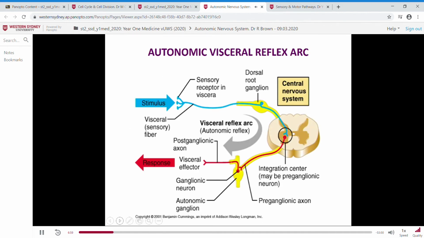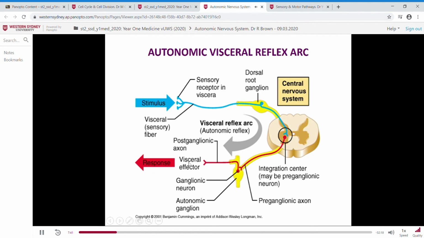So as I said, it mostly relies on reflex. So this is just a diagram of an autonomic visceral reflex arc, okay? So there's 2 components, as I said, the sensory or the afferent. Okay, so there's a stimulus, here's the sensory side of things, okay? So the afferent pathways, that conveys the impulses here to the central nervous system. Once the stimulus, depending upon the stimulus, gets to the central nervous system, the body decides, or the central nervous system decides what's going to happen, and then the efferent pathways come out, which are the motor pathways, and that conveys the messages to the organs and the tissues, so you get a